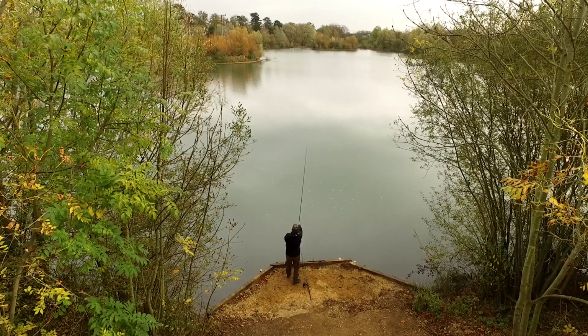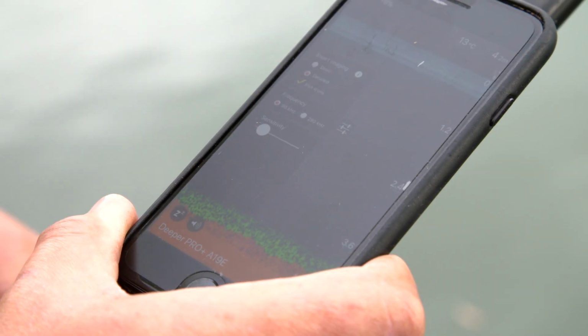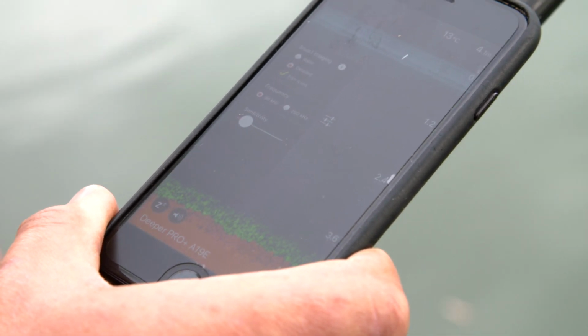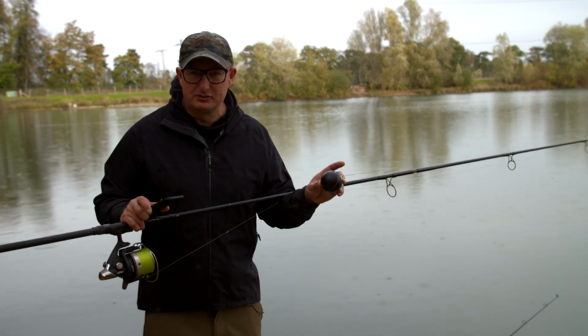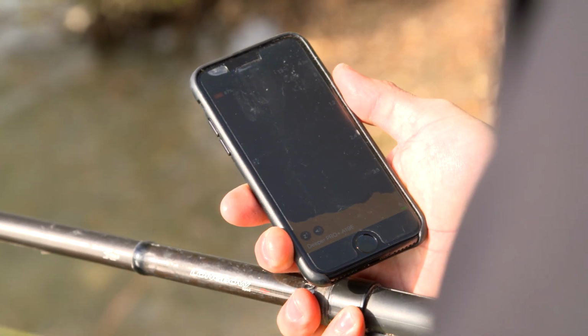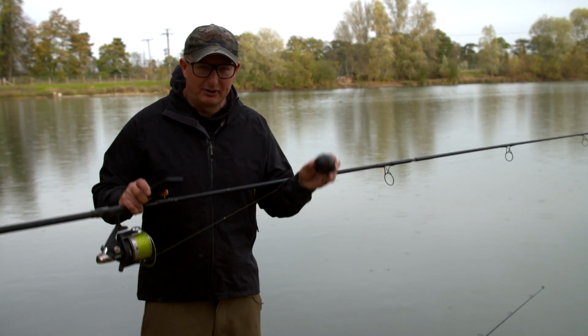So I've cast this past the float and wound it back, and there is no trough. So the thing that people were talking about as the reason why the fish were out there is not even there. It's just nice and flat on the bottom. There's little tiny bits of weed out there, but it's pretty much the same depth as everywhere else. And the most important thing to learn from that is where you get the bites from is the most important